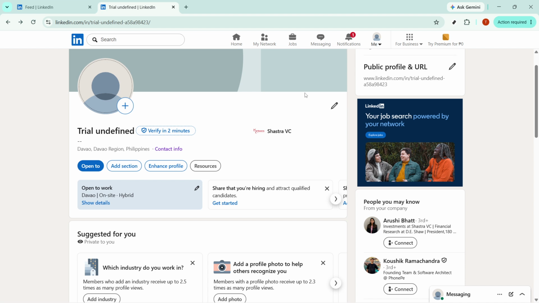As a quick tip, it's a good idea to review your pending invitations from time to time so your account stays organized and your